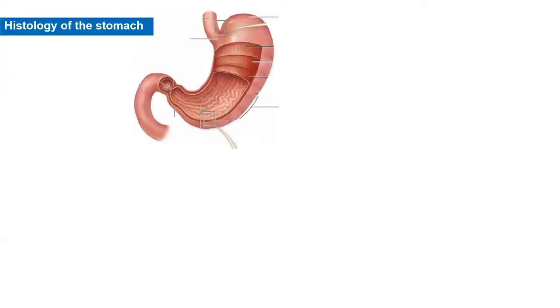This is a picture of the stomach. We know that the stomach has the cardia, fundus, body, and pylorus. The cardia is the narrow transitional zone between the esophagus and the stomach, and the pylorus is the funnel-shaped structure that opens into the small intestine. They are primarily involved in mucus production and are histologically almost similar.